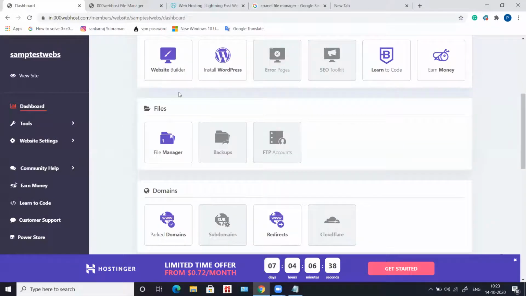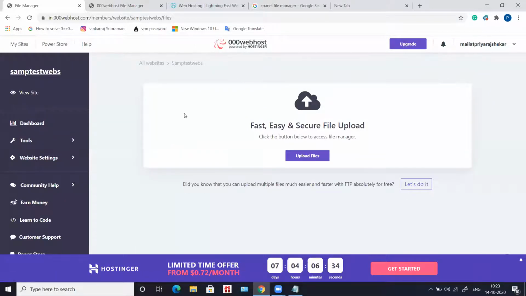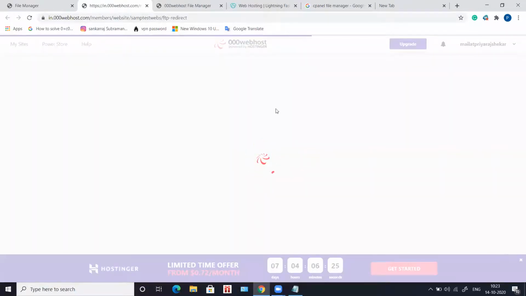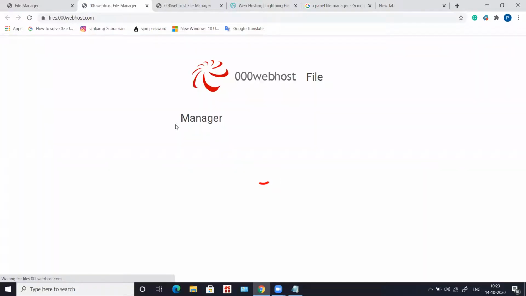So what you have to do is go to files and click on file manager. Now when you click on file manager, see, it is asking you to upload files. So you click on this upload button and you will be redirected to the actual file manager page of 000 web host.